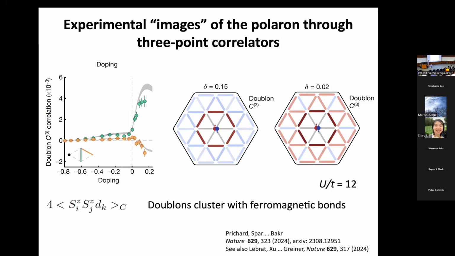Interestingly, if you look for particle dopants instead of hole dopants, so these are doublons now, you find that around a doublon, you form ferromagnetic bonds. So it's the opposite story. This is the particle-hole asymmetry of the triangular lattice. We said earlier with the hole, we had to deal with this frustration. Here with the doublons, they're particles, so we don't have to do this whole story with the anti-commuting hole operators. So here they actually prefer to have ferromagnetic interactions.